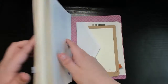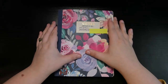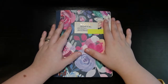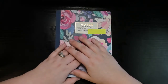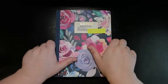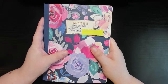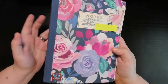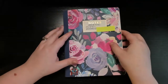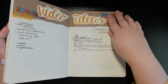So that is my journal for 2021. I started in July, have kept doing it, really enjoy it, and will keep doing the hobby and continuing to grow with it. But that's proof that you can start journaling if you want to start journaling. This system is really great because it's completely customizable to you and your needs, and you can do what serves you, which is really important to me. And I use mine as a combination of a place to do art, a place to keep memories, a planner,